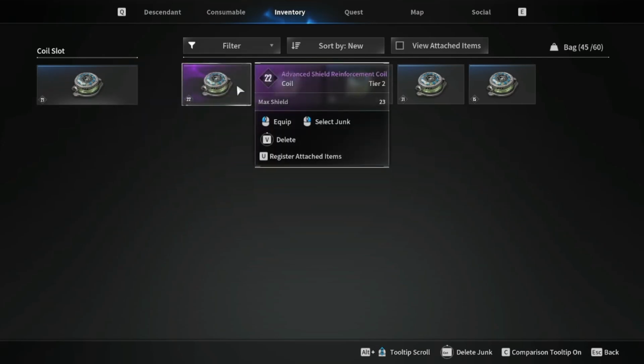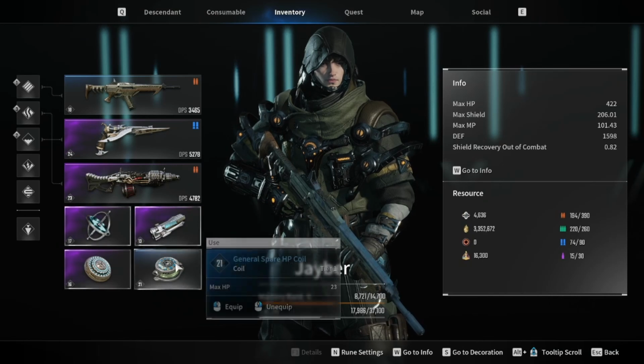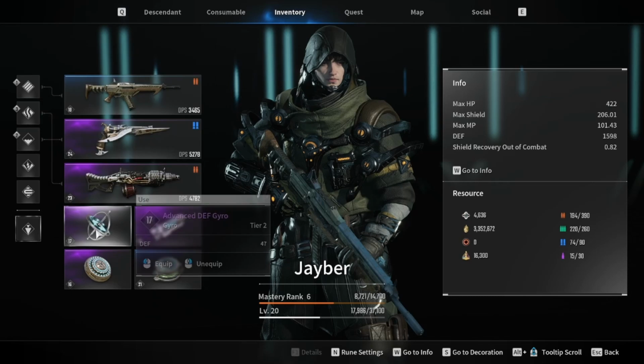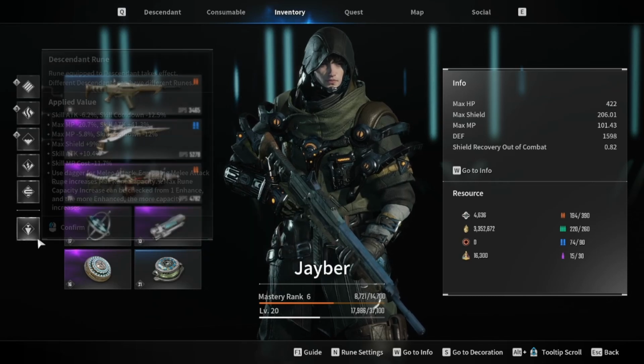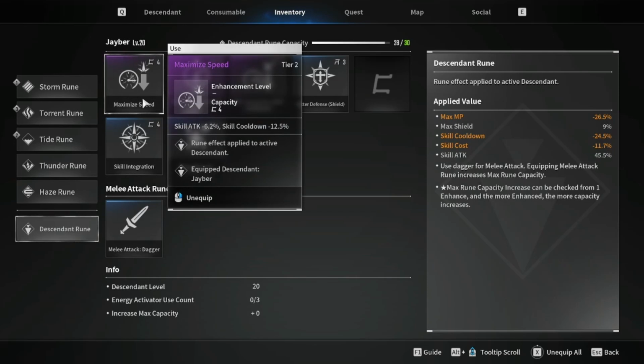And then we've got another one, max HP. So they're all just defense-style buffs, and you can equip 4 of them straight away. And then what is the most interesting thing here is the runes. Now we'll go into the Descendant runes first of all, and these offer things like skill attack down,